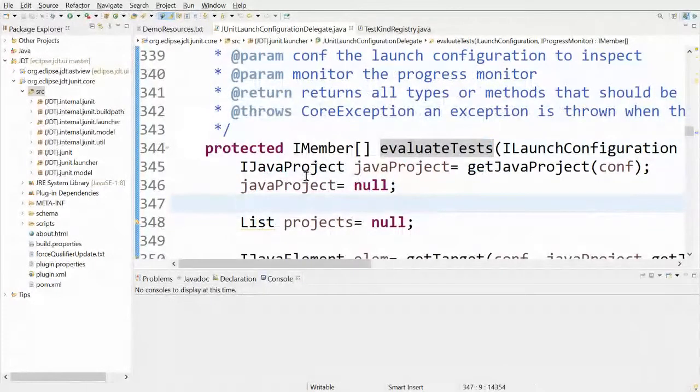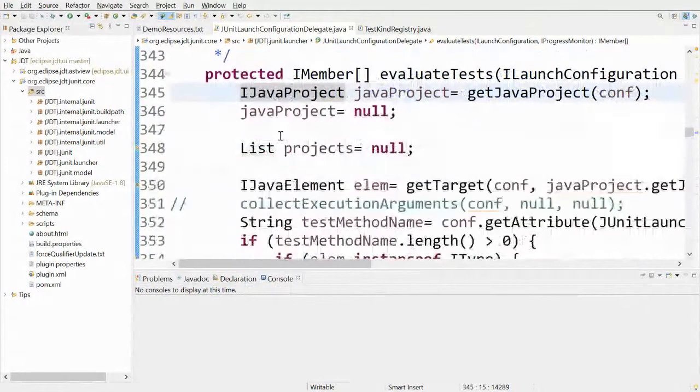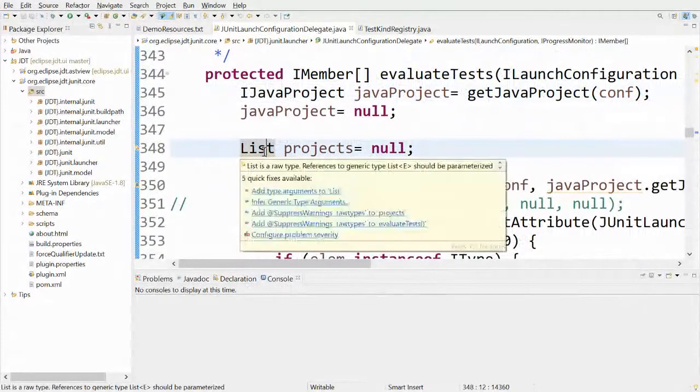Now, if you want to see the Javadoc of an element, you can just hover on that. And if there is an element which has an error or a warning on it, then on hovering, you see the problem message instead of the Javadoc. In this case, if you still want to view the Javadoc of this element, you can press Control Shift and then hover on it to see the Javadoc.